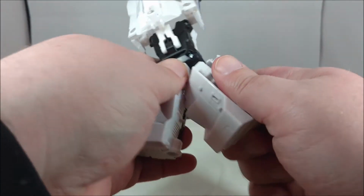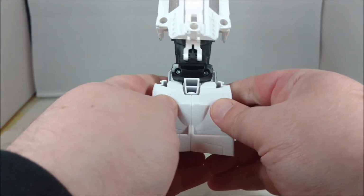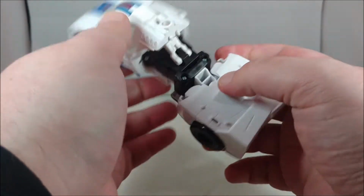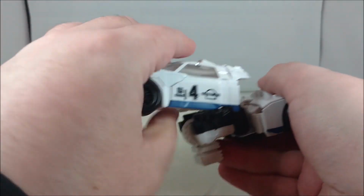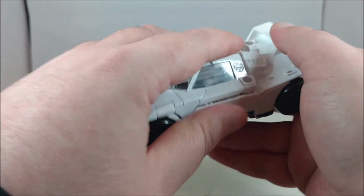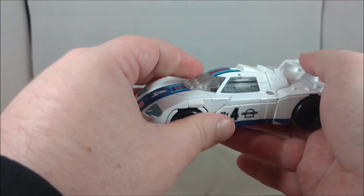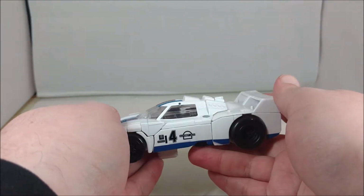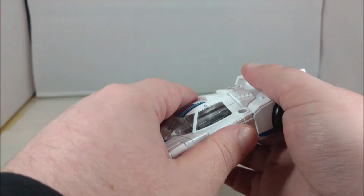enough room to clear. And this is what everyone's talking about, how those panels really don't give you enough clearance. Now, to finish off the transformation, you would just come in here, close that down, and there you would have the car mode. But since we're going into leg mode, you would then